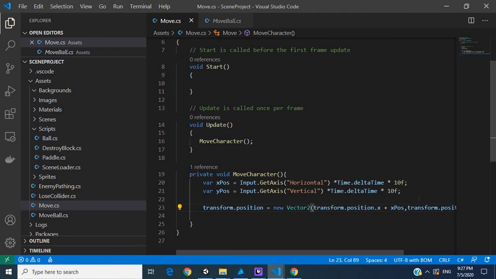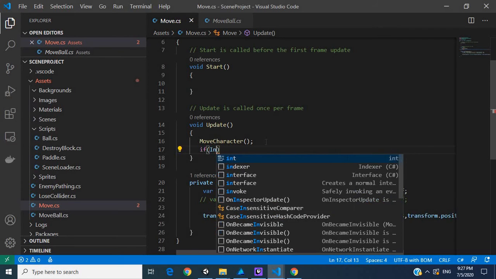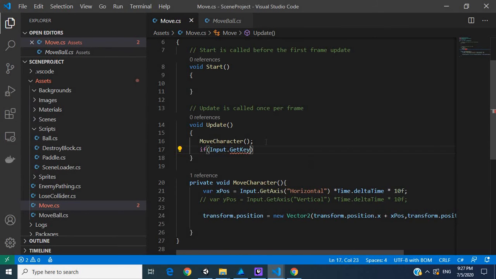We don't actually need the vertical axis, so I'll just comment this out. Then we're going to say if Input.GetKeyDown, what key do we want? If space is pressed down,